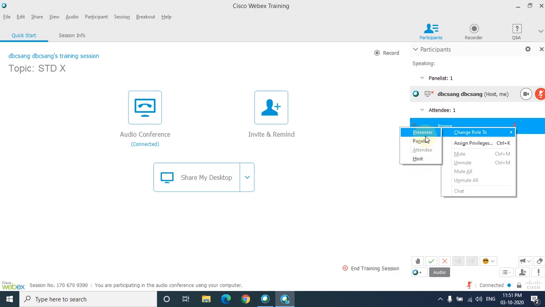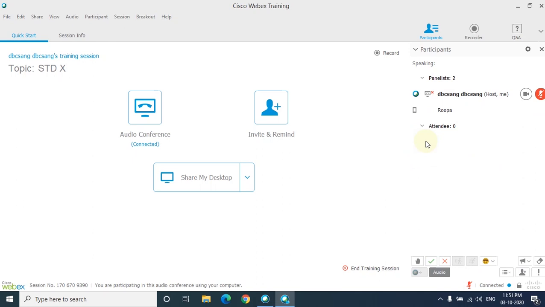You can also see here one option called panelist. So I click on panelist. So what happens is, even when the network goes, now I am running from my laptop, even if my network goes, this ball goes to the panelist. So it doesn't go into the hands of the students. So we are very sure that it is with me.